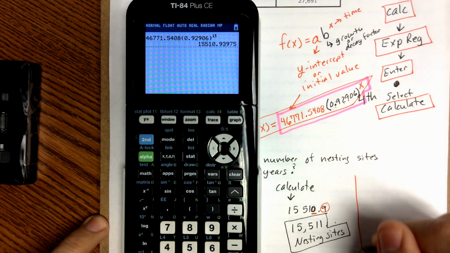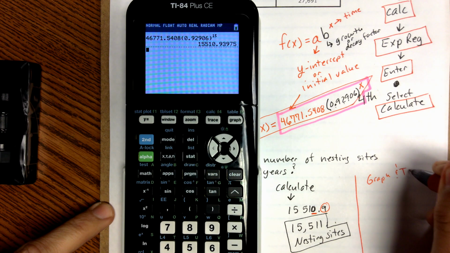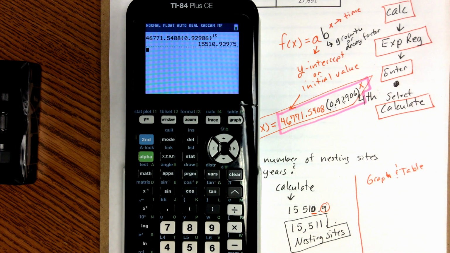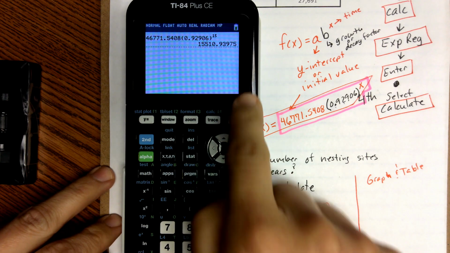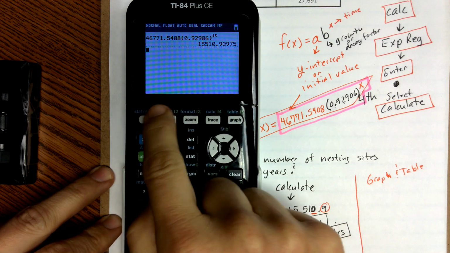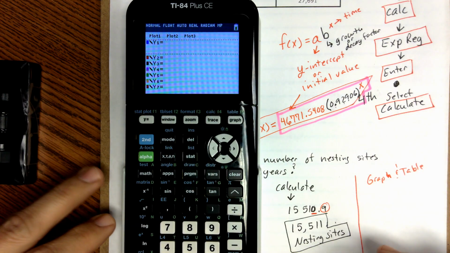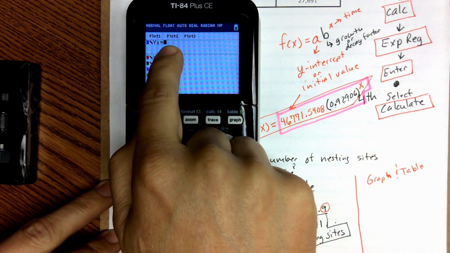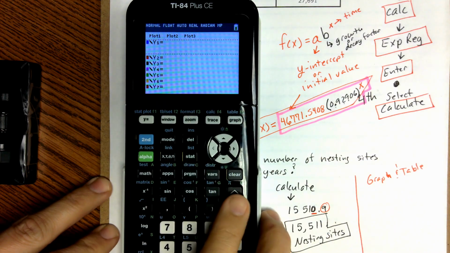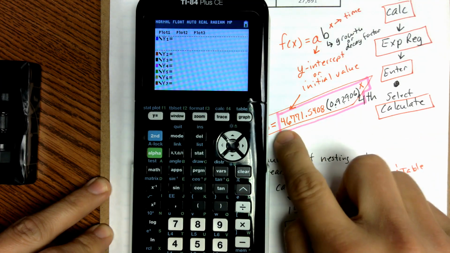On the other hand, we could also use the graph and table to give us the answer. And I tend to like the graph and table. I'm going to show you what I mean by that. I'm going to go ahead, and we're going to get the same answer. It's still going to be 15,510. But watch how I'm going to do it. Instead of me typing it into the calculator and hitting enter and putting the x as a 15, I'm just simply going to type in this equation we have. So notice it already has y equals y1. That stands for f of x. So I'm just going to type in the equation now,